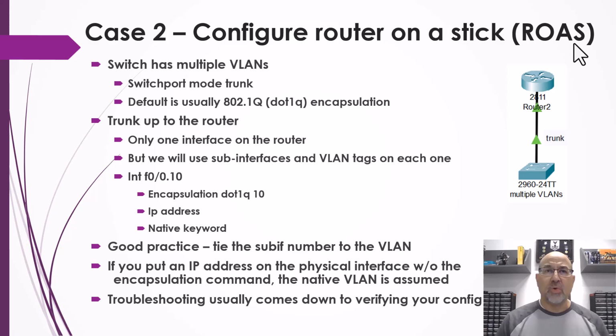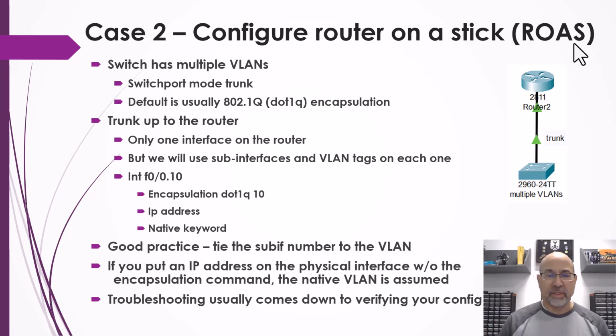If you are setting up a bunch of VLANs, it's not required, but it's a good idea to number your subinterfaces based on the VLAN to which they are connecting. So for example, F0/0.10 will be tied to VLAN 10. Now, if you add the keyword native after the 10, what you're telling the router is that VLAN 10 is